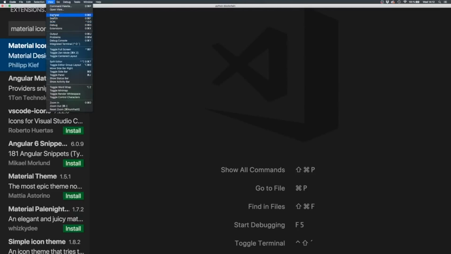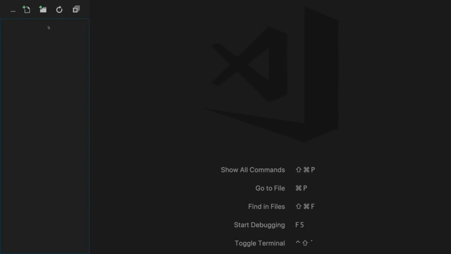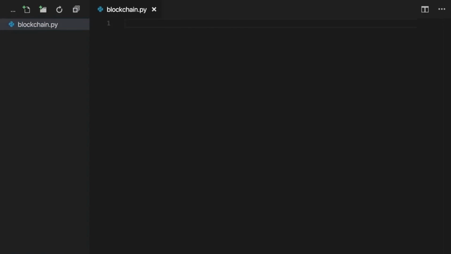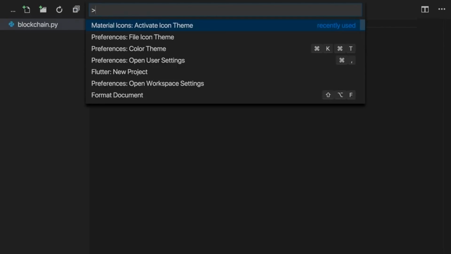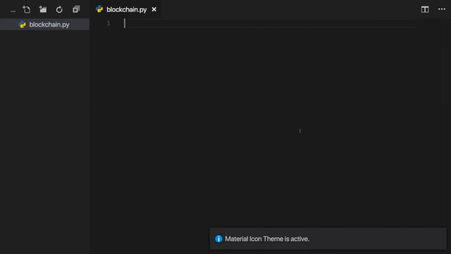Thereafter, you can go back to View, Explorer. Now in here, you can create a new file by clicking this New File button, or a new folder with that button, or with Command N. And here, I'll add my blockchain file. The important part is, since we're working with Python, it has to end with .py. This turns it into a Python file. Now let me quickly switch to my other icon theme. Yeah, I prefer that. So this is my blockchain Python file. And this is the file with which I'll work for the next lectures.